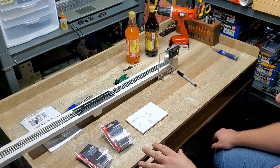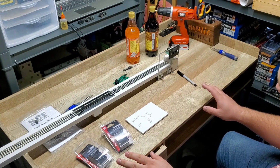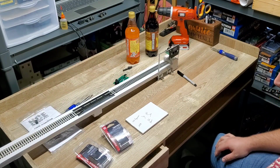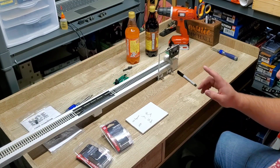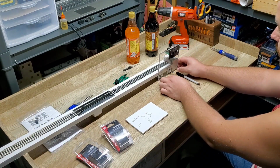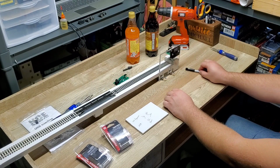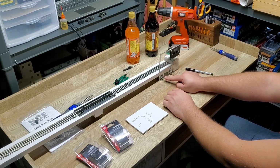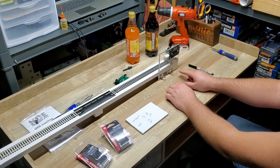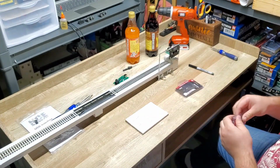So when you guys do yours, please listen to anything I tell you here, any advice, because this is going to save you a little trip. But yeah, make sure you get two on-off-on switches so it has a nice center. I suppose actually, as long as I put this guy over here and made this one for the DCC so you don't mix them up, I could have that over here, so that'll save me a trip. I think I'll do that. I'll switch those guys around,